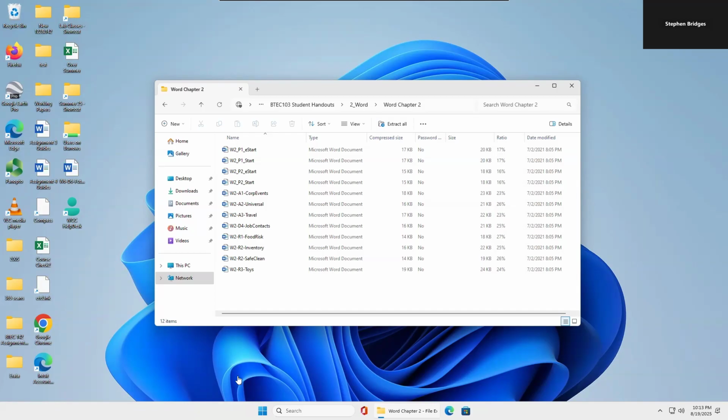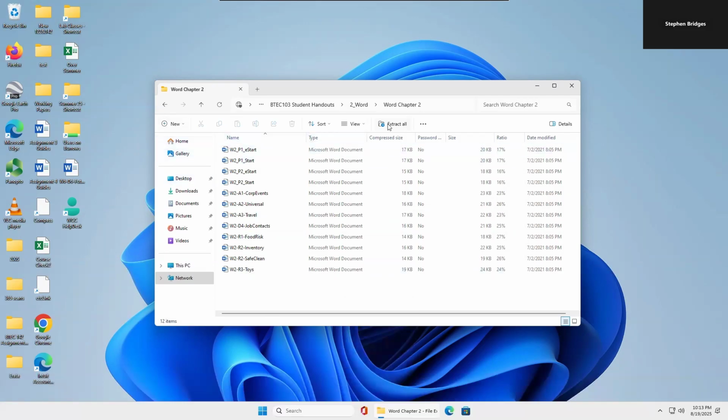Okay, so I am now on Develop Your Skills W2-1. It says in this exercise, we will insert a table into a document and use selection and navigation techniques. And then we're going to enter some data in the table. I'm not going to read the instructions verbatim, but I'm just going to go through them one by one. The first thing I'm going to do, before we start, is to create